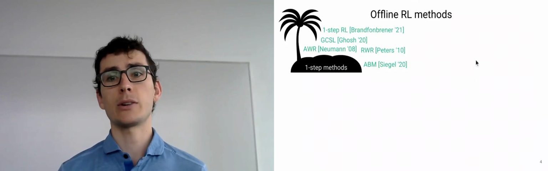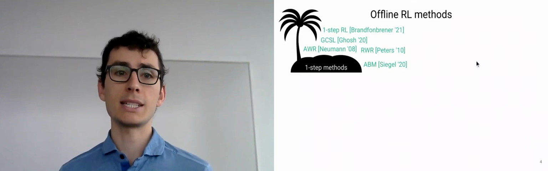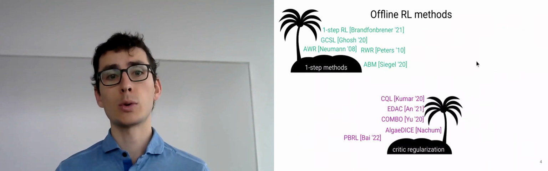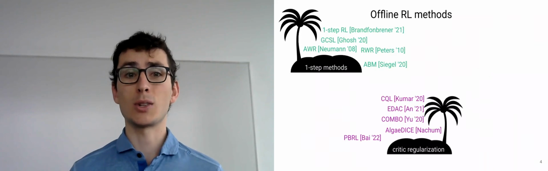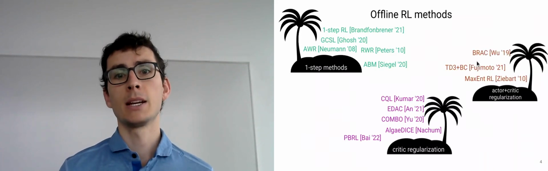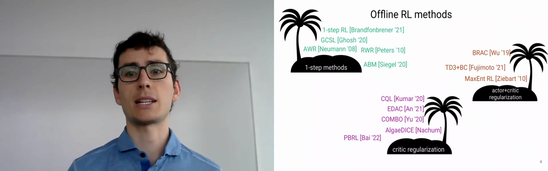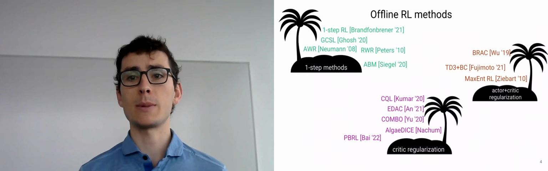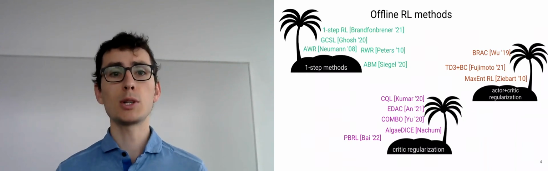Broadly, I'm going to group offline RL methods into three categories. One-step RL methods, methods like weighted behavior cloning, are generally pretty simple. Critic regularization methods, including methods that learn ensembles, are a bit more heavyweight but can achieve really great results. There are also some methods that regularize both the actor and the critic, methods like KL control. In theory, you can make hybrid algorithms by mixing and matching the components, but most prior work lies on one